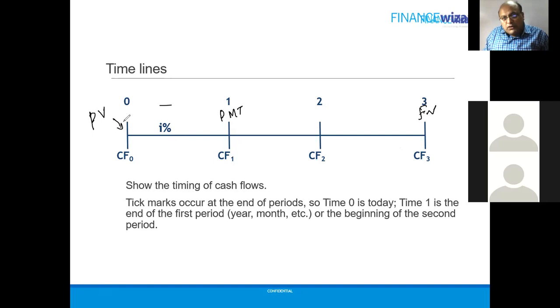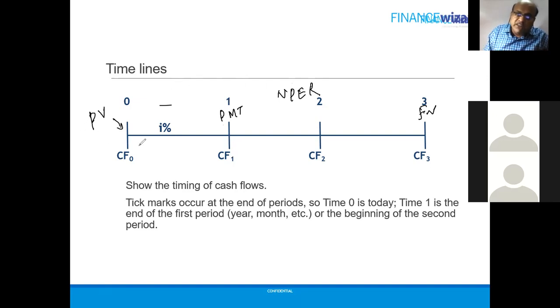If you know PV, FV, and PMT, but you want to know how many number of periods there would be, that means you want to know what will be the total time period, then there is a fourth function. You want to calculate the number of periods. So the function is NPER. NPER stands for number of periods.